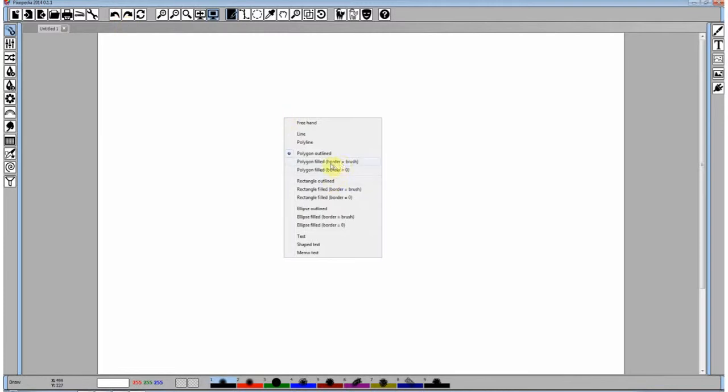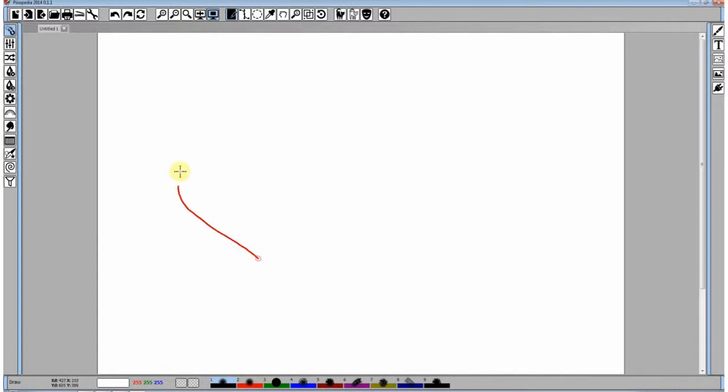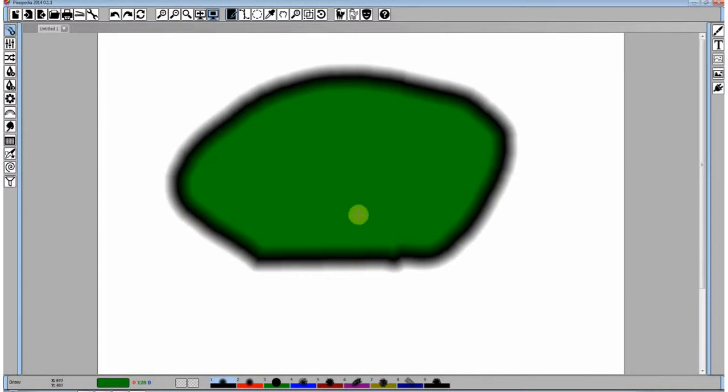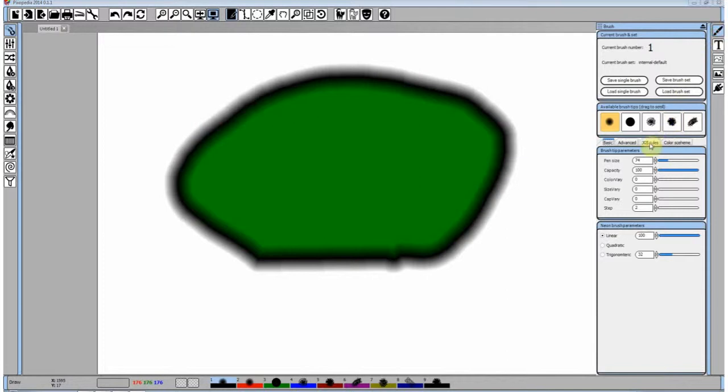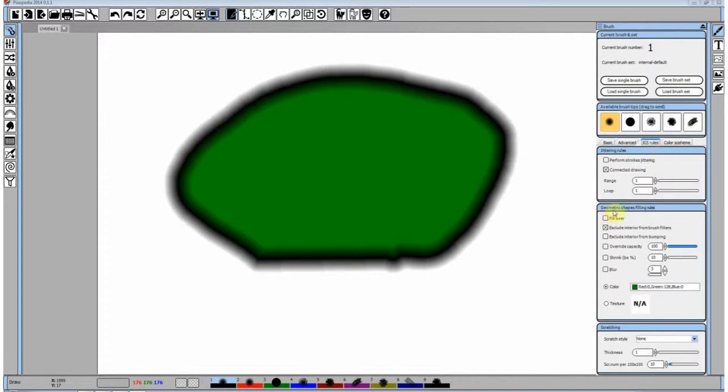Polygon filled: the border is drawn with the brush, again a closed curve polygon, but it will fill the interior with the color specified in the rules under the topic geometric shapes filling